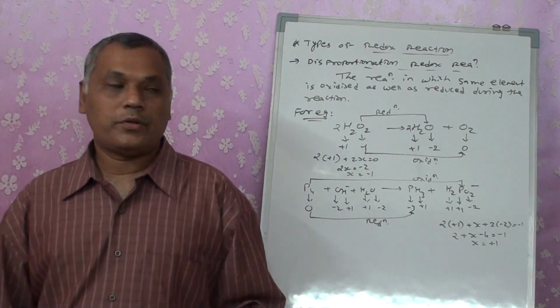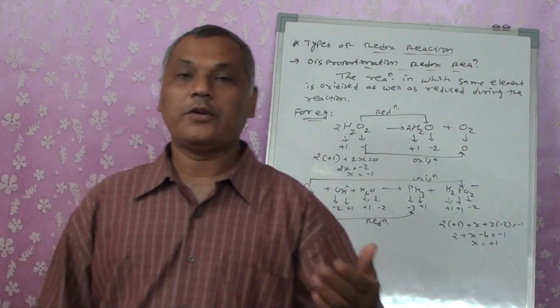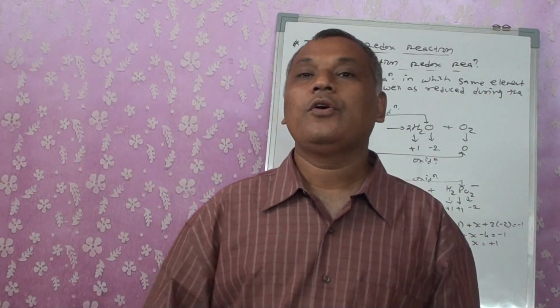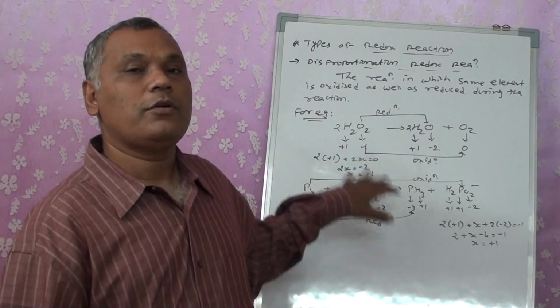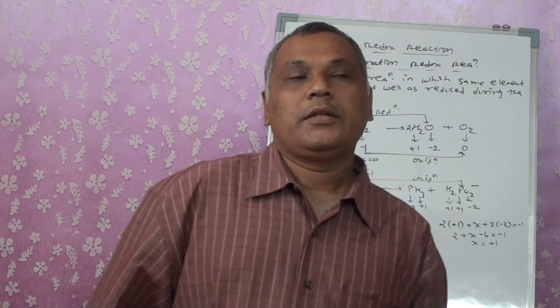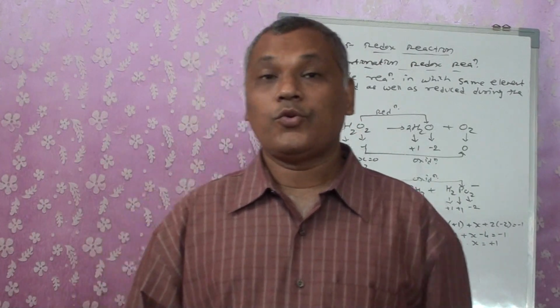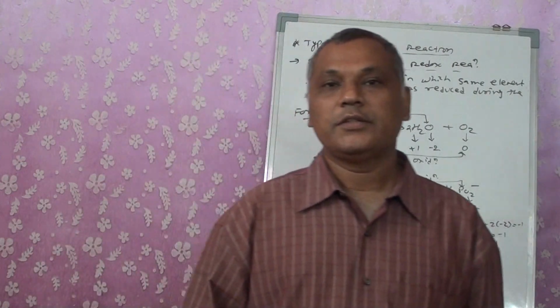Right? So try to understand, because in the exam they can ask you which type of redox reaction it is. An example may be given to you, or you may be asked to give an example of the following type of redox reaction, or to write a short note on the types of redox reaction. That's all we are doing for today. In our next lecture, we will study the most important part of the chapter, balancing of redox reactions: how to balance a redox reaction. Till then, thank you.